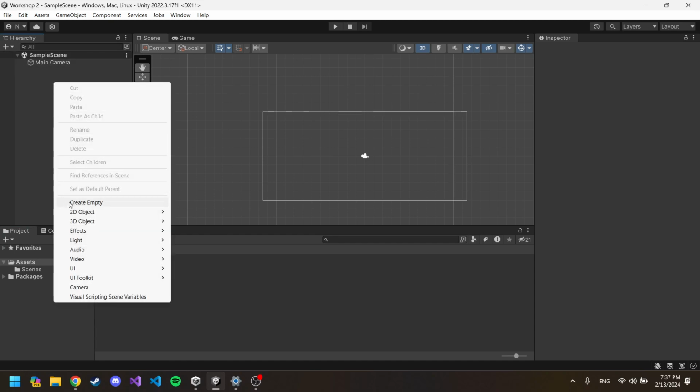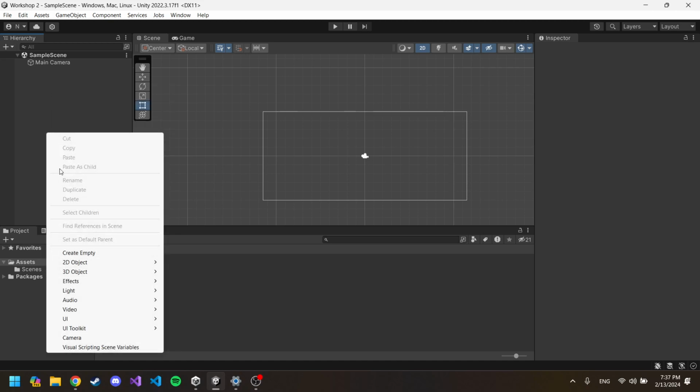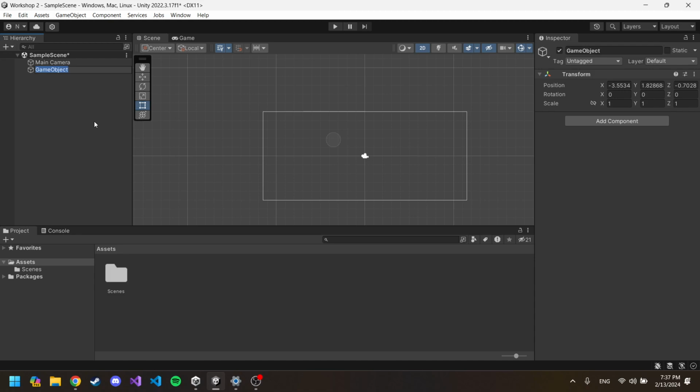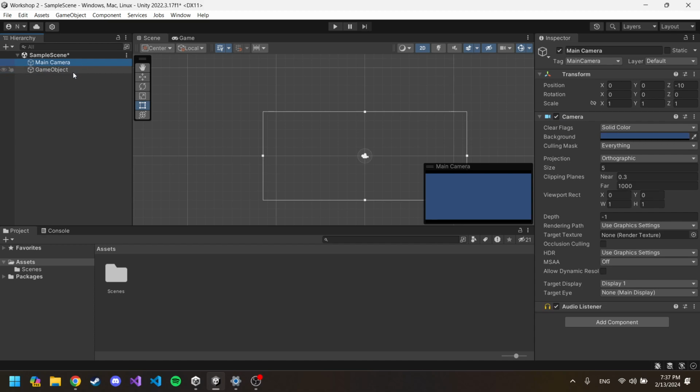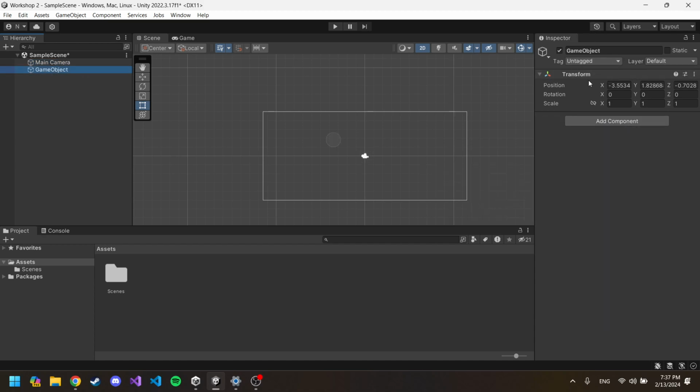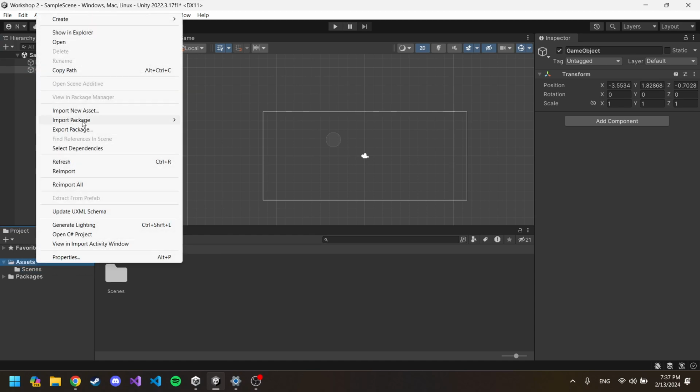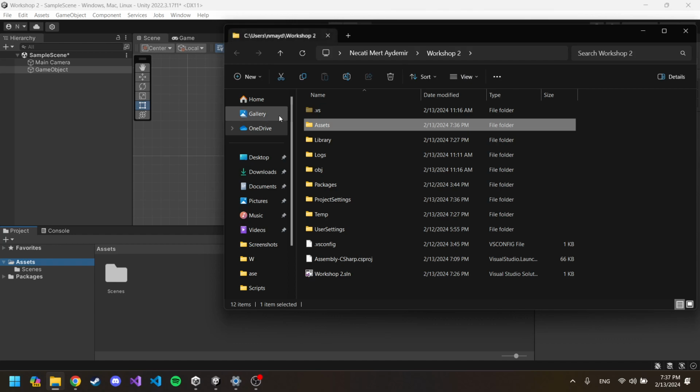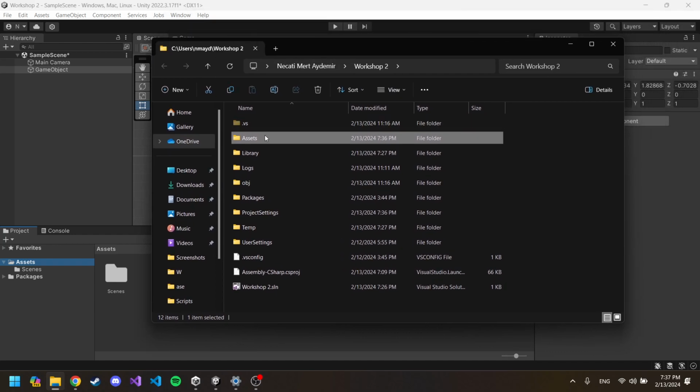We can just create game objects, let's say we create an empty game object, and as you can see, whenever you click any of the game objects, you're going to see its information on the right side. In the project tab at the bottom of the screen, you can basically see your folders and stuff. For example, if you open up your Explorer, you will see that there is a lot of stuff